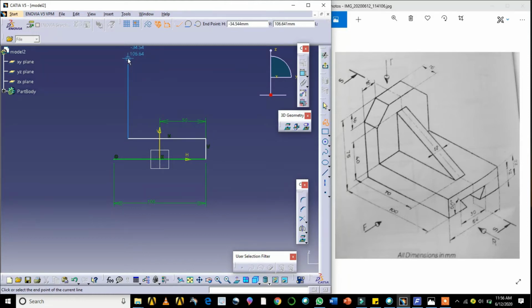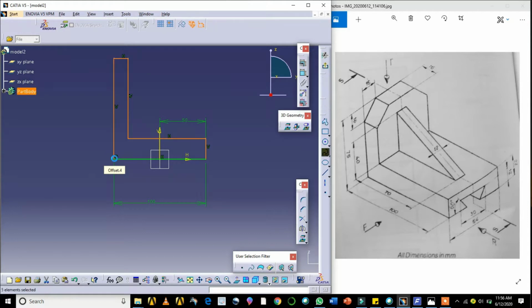First, I'll draw a rough sketch of this. Then I'll try to give the dimensions. Next, I try to give the dimension for this. How much is this?